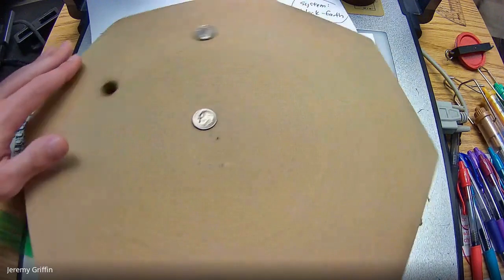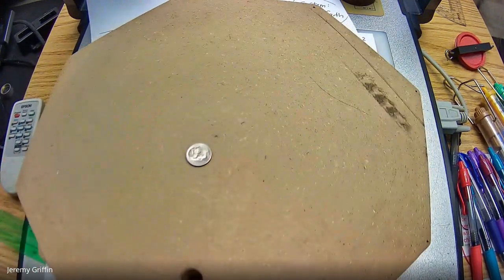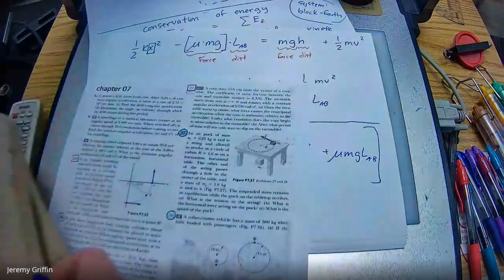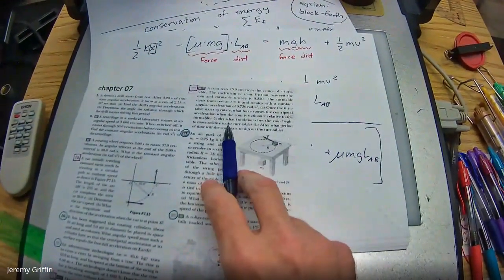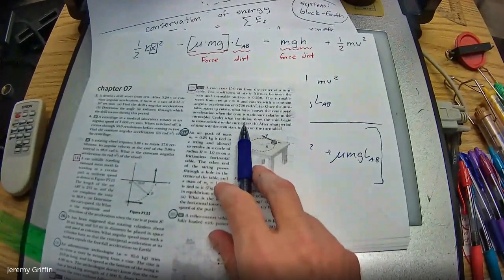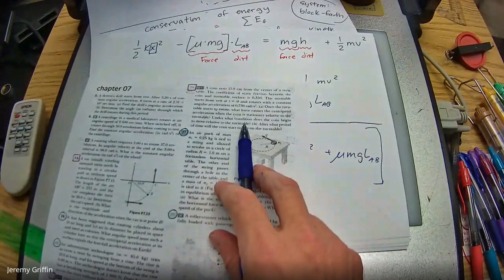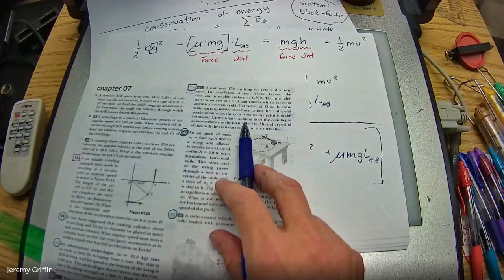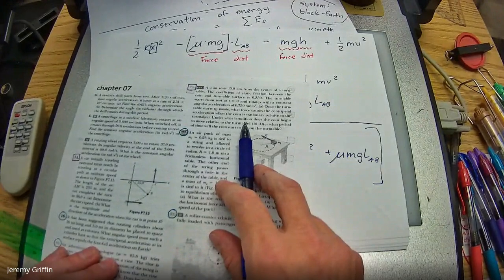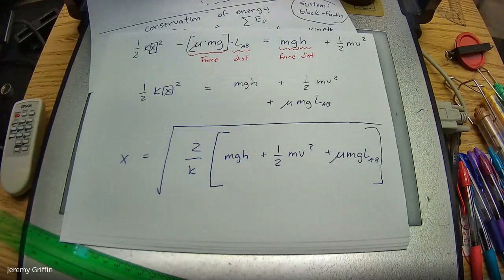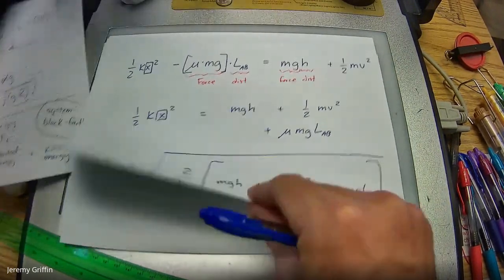But if it's going faster, faster, faster, at some point that coin's going to slip off. And the question is, at what period of time does the coin slip off the turntable? They also ask under what condition does it slip off. The condition is that the necessary friction force, the centripetal force, is greater than what the friction can hold. Because the friction force is acting as the centripetal force. But how much time would it take to slip off the table? Figure that out. So number 20.